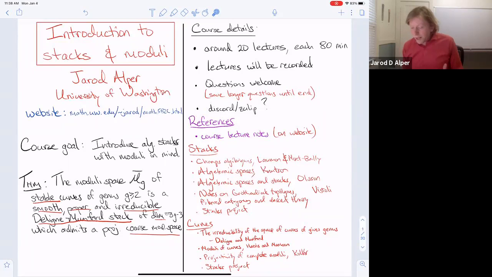There's also the wonderful book by Harris and Morrison on moduli of curves. And I think part of the goal of this course is to introduce the technology and the language of algebraic stacks, so that when you pick up this book on moduli of curves, which has a lot of high-level arguments about curves, you can fill in the details yourselves using the language of